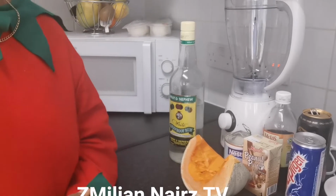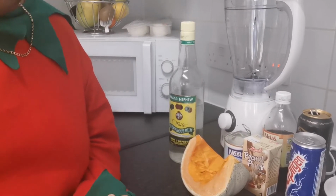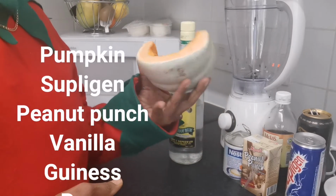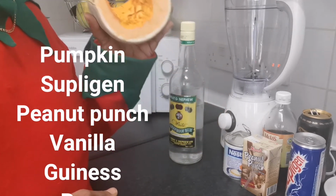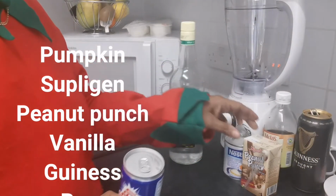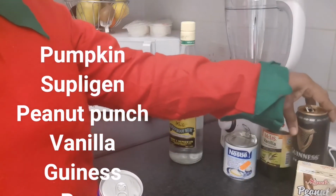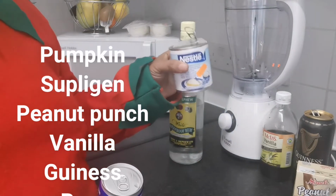First, let's go through the ingredients that I'll be using today in this pumpkin punch. I've got a piece of pumpkin, which I will be peeling, dicing, and washing and putting to cook first. I've got supligen, a small peanut punch, and some Guinness. I've got sweetened condensed milk,